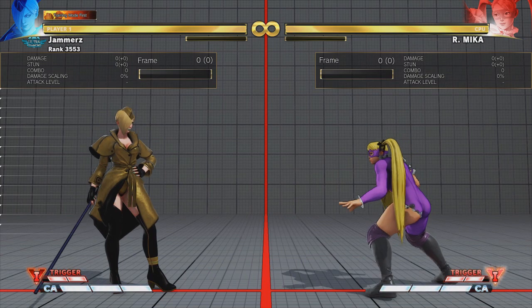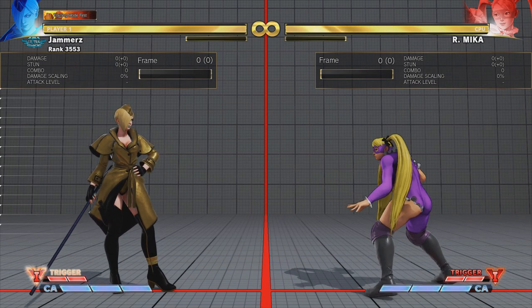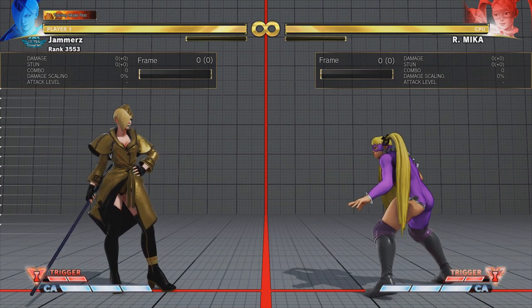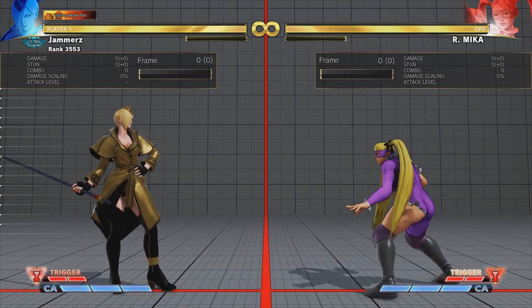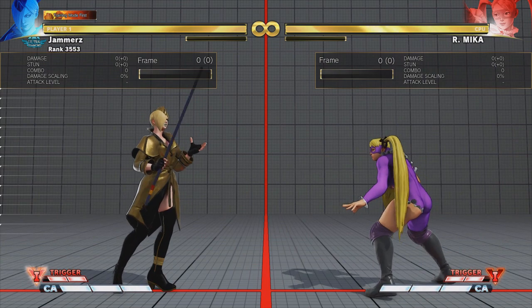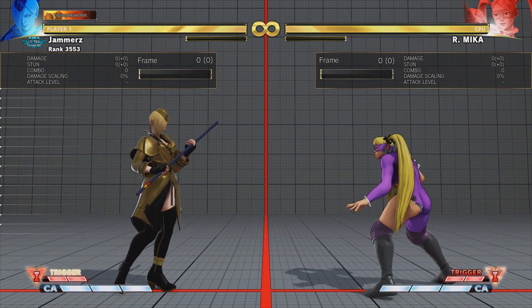In today's video, we're going to be moving back over to our Psycho female soldier Falke. More specifically, what we're going to be talking about is, I think I'll call it hit confirms / buffers. Yeah, I think I'll call it that because this is one of the topics I wanted to do a video